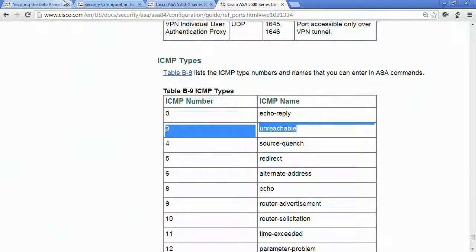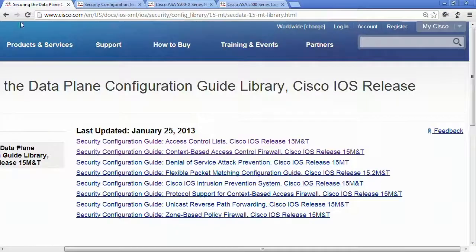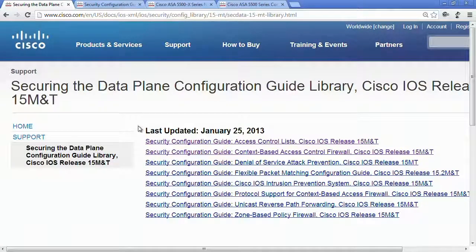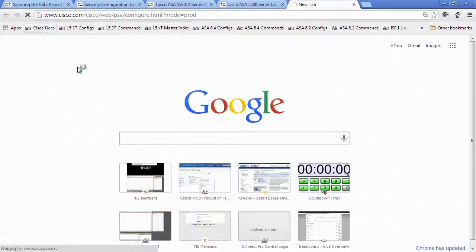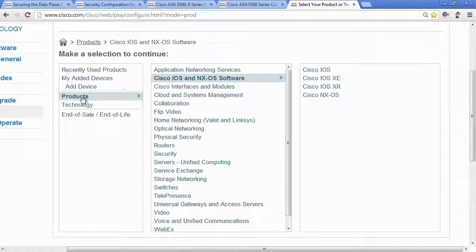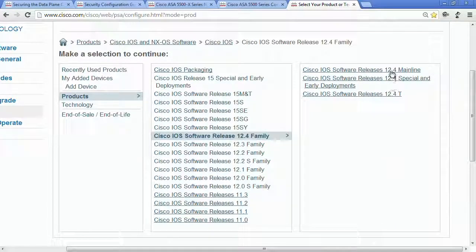Now, from a documentation point of view, if we go back to the main IOS documentation, and then under security, I'm not 100% sure if this is documented in the newer versions anymore. This should be securing the data plane. Let's actually go back to an older release, let's say 12.4 mainline. So from the main documentation page, products, IOS, Cisco IOS 12.4 mainline,